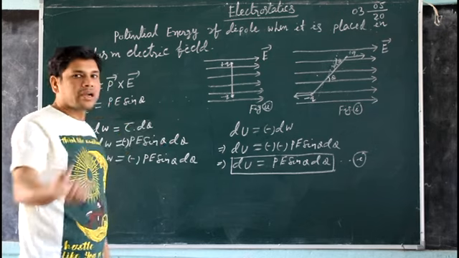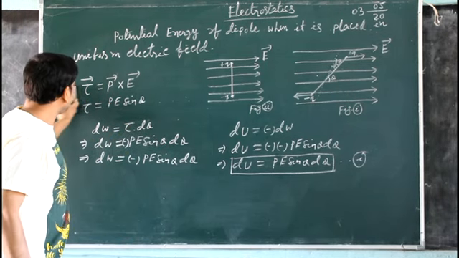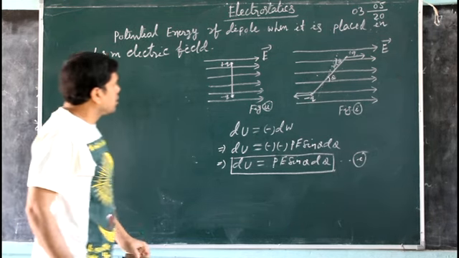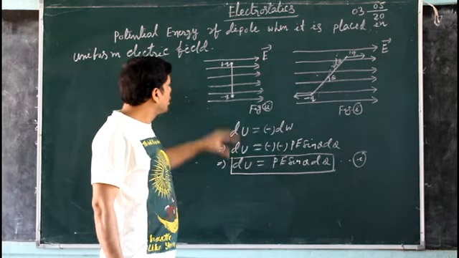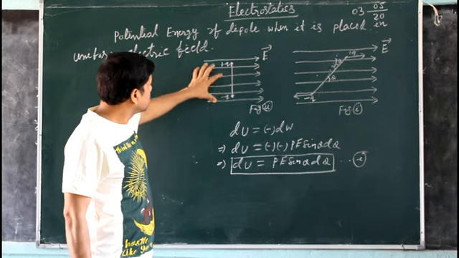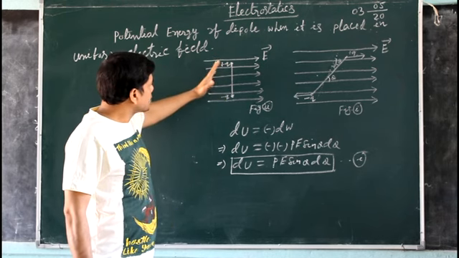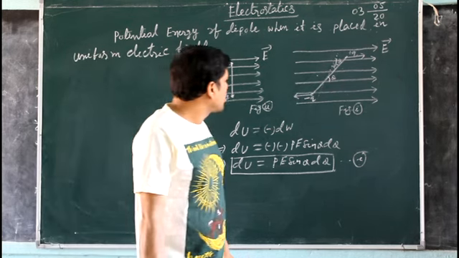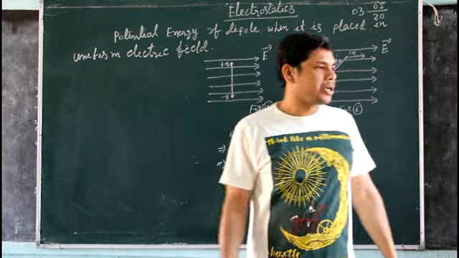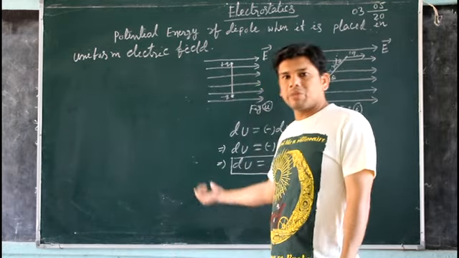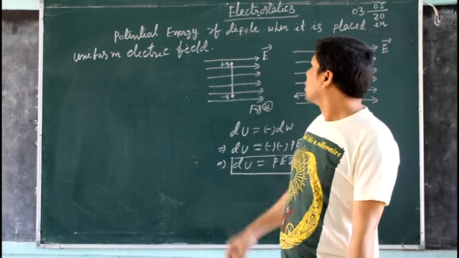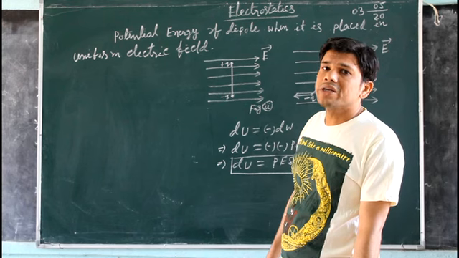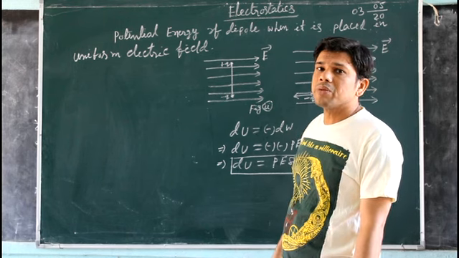Now we have to find the general form. To find the general form, see figure 2: this is the dipole, and the angle between this dipole moment and the electric field is 90 degrees. It is assumed here, and later on it can be found, that when the angle between the uniform electric field and the dipole moment is 90 degrees, the potential energy becomes 0.